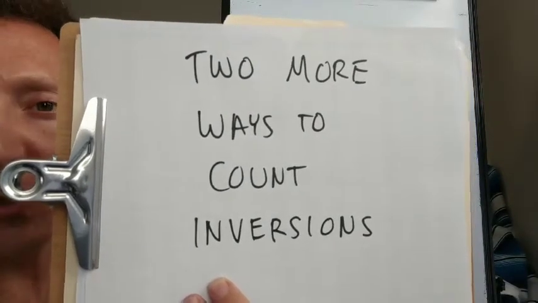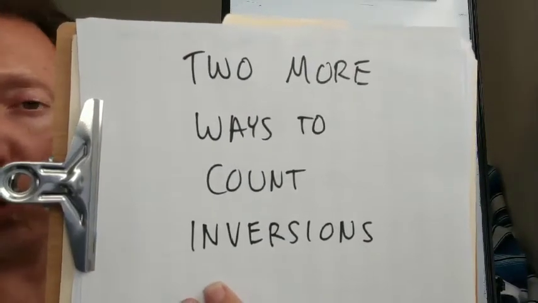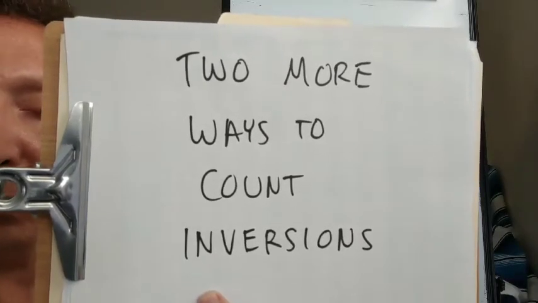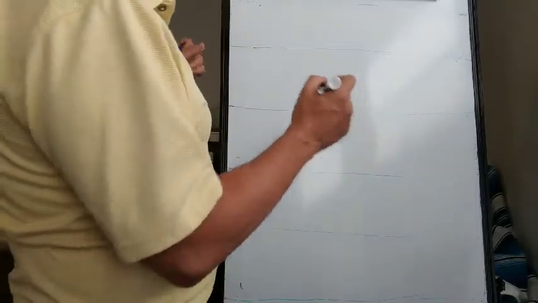When I count inversions in a permutation, I usually use the code. But there's two more ways to do this, and I wanted to look at those a little more closely. So just to remind you how the code works,